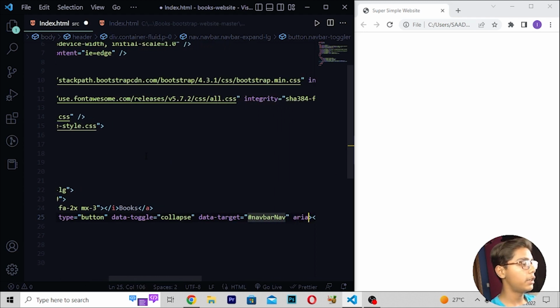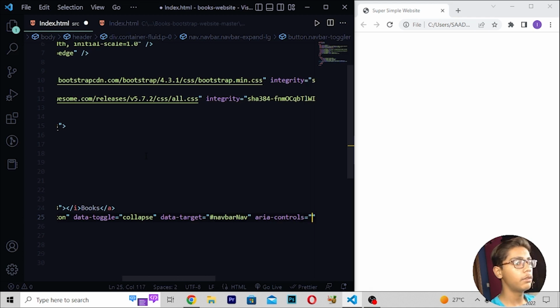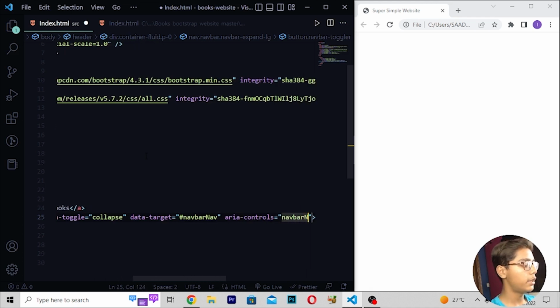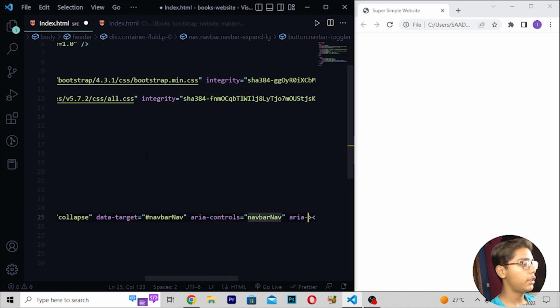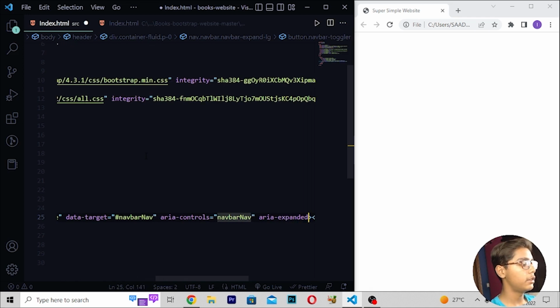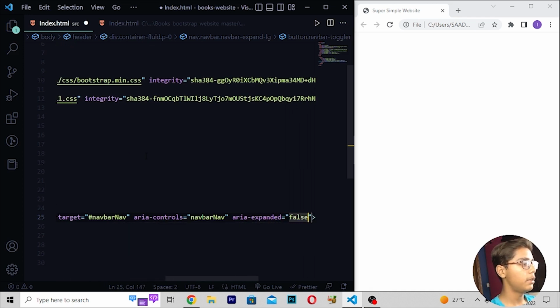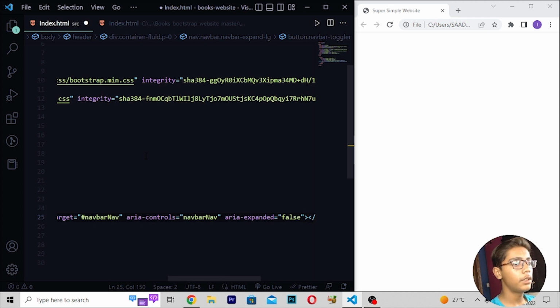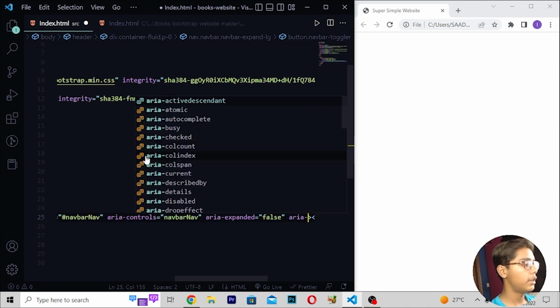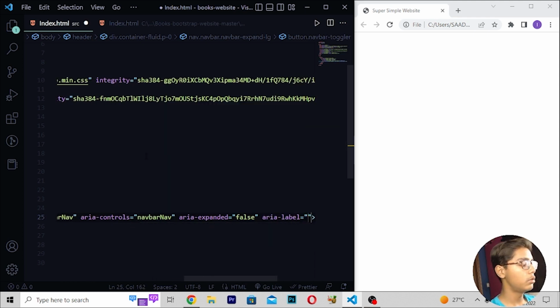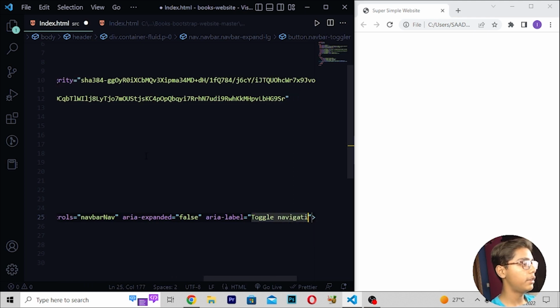Then move forward and write aria-controls equals navbar nav, then aria-expanded equals false. Then when you've written this, I will write aria-label equals toggle navigation.